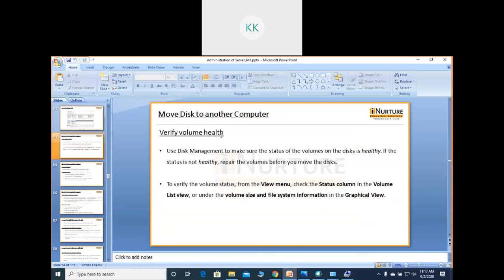Just before moving it, you have to verify whether,